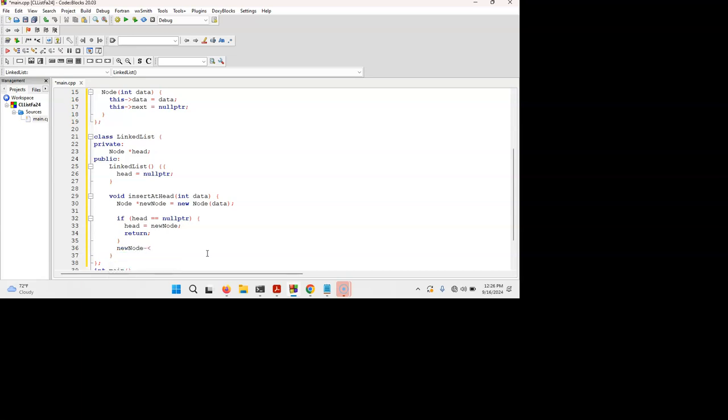Otherwise, point to that node from the head. Okay, so the new node is going to point at the head to link it, and then